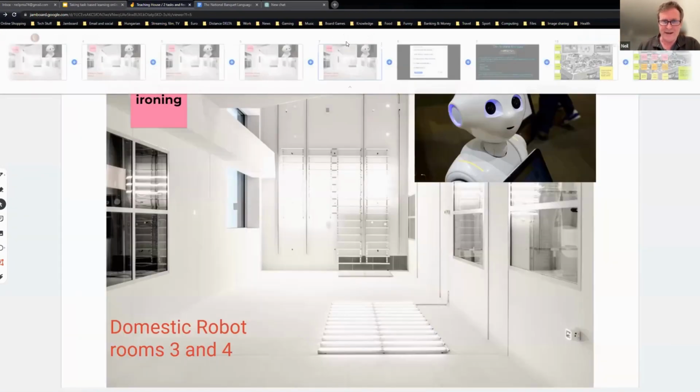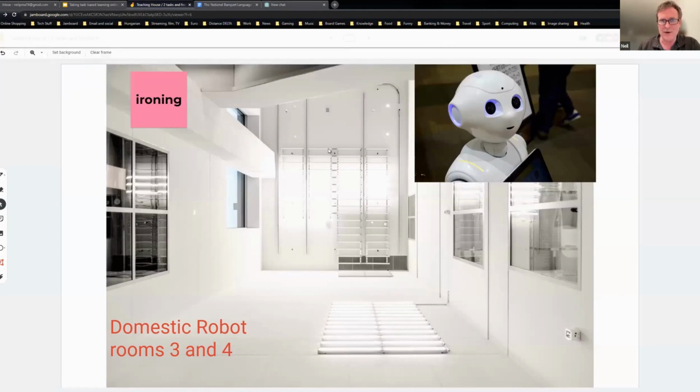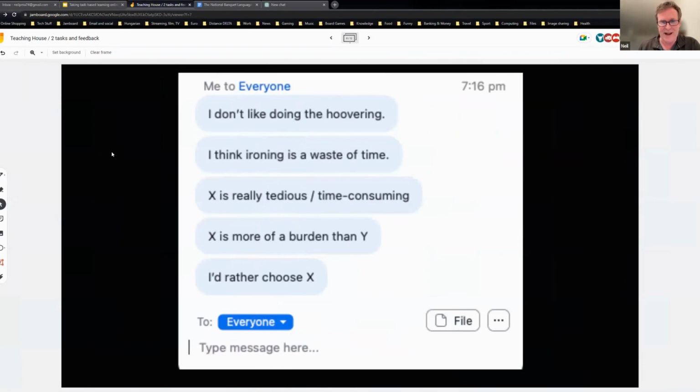We already fed in the part about chores, and here's some other language that could come up. If you can think of anything else, you can just put it in the chat now. What language might arise from that task? Like, hate, dislike, intermediate level, some slightly higher level language, waste of time, time consuming, and so on. So things to do with choice. Also the kind of interactions like it's your turn, or what do you think, or I disagree.